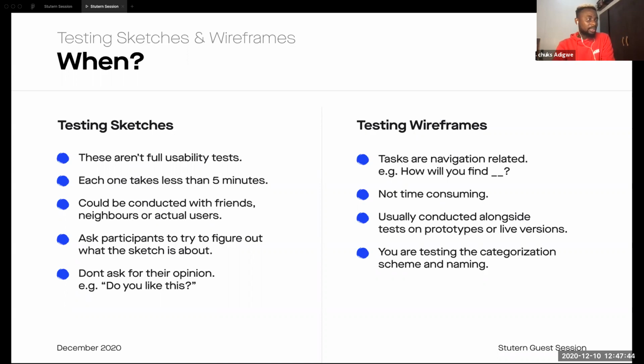So the most important part about testing sketches is, like I said, don't ask people about their opinions. And you should never even try this at any stage of usability testing. Don't ever ask people, do you like this? Do you want this? Because what you find is,